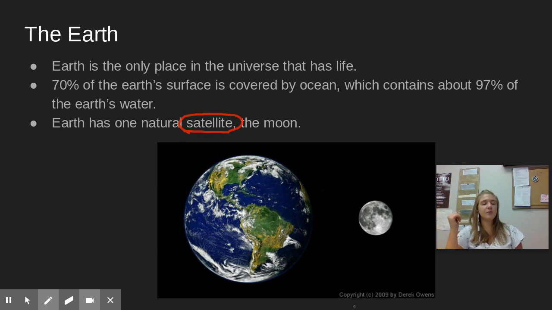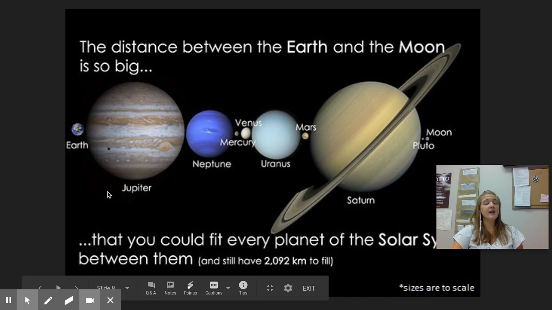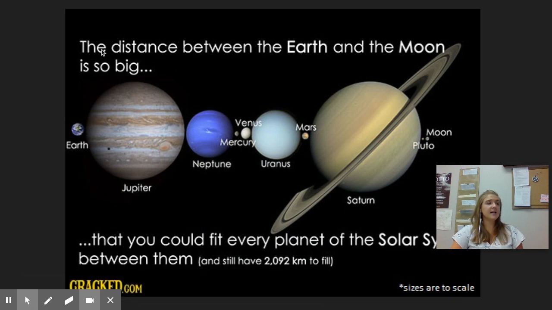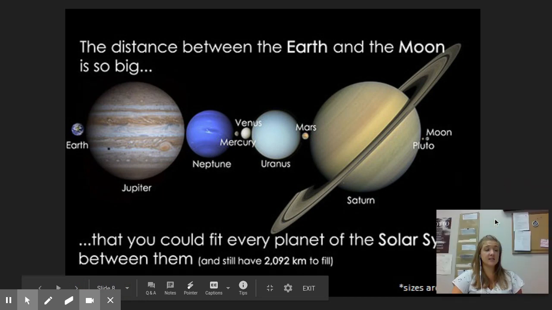Other planets have moons as well. Some have 2, some have 4, depending on how big they are. But those could all be considered natural satellites of that planet. It just means to go around or revolve around something else. Now, this fact is actually extremely interesting. I love telling students this, but the distance between the Earth and the moon is so big that you could fit every planet of the solar system between them and still have